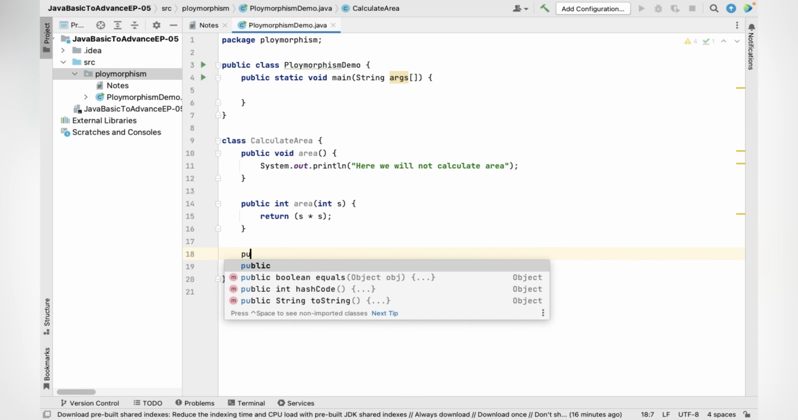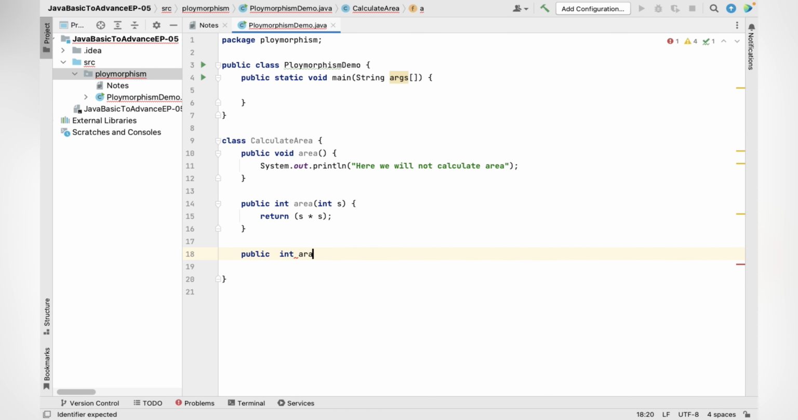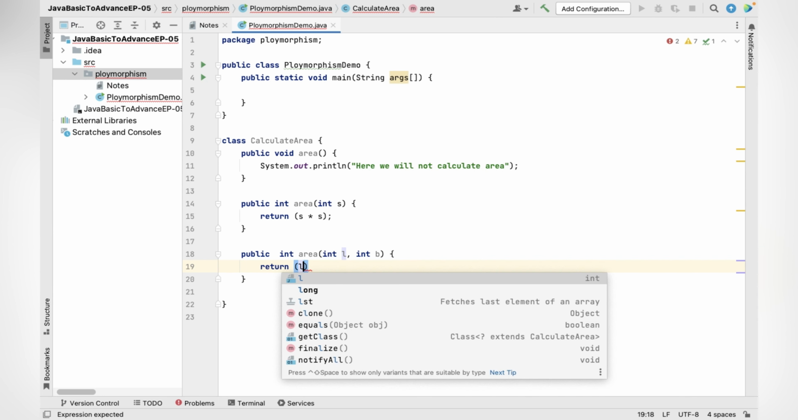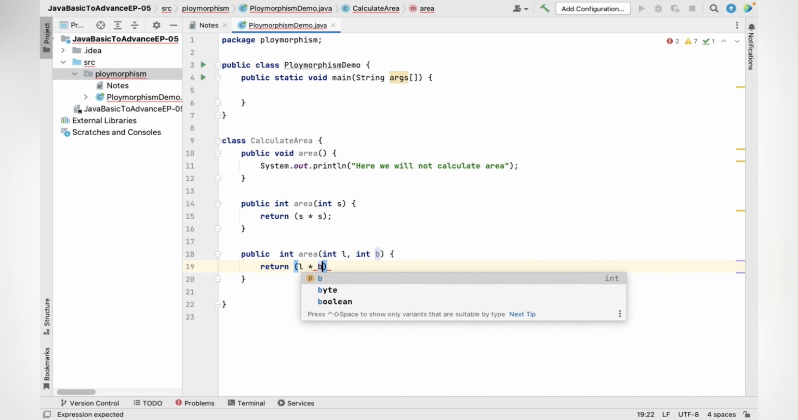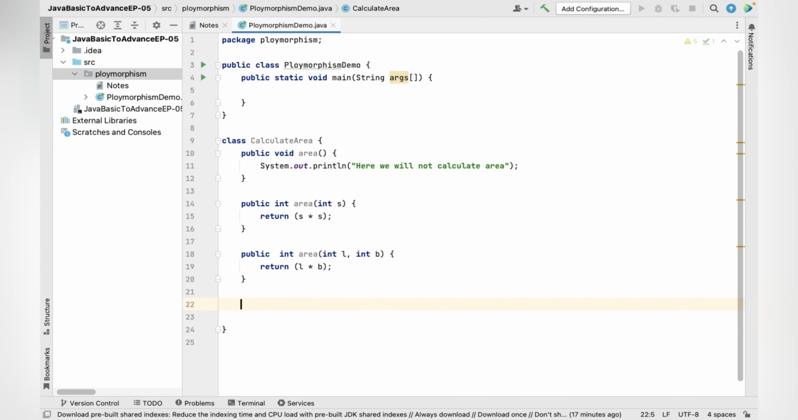So now we'll give a public int again, and we'll again give area. The name is the same, but this time we are expecting length and breadth as well. So here we'll return length into breadth, which is the area of the rectangle. Now we'll move on to another method and we'll give int